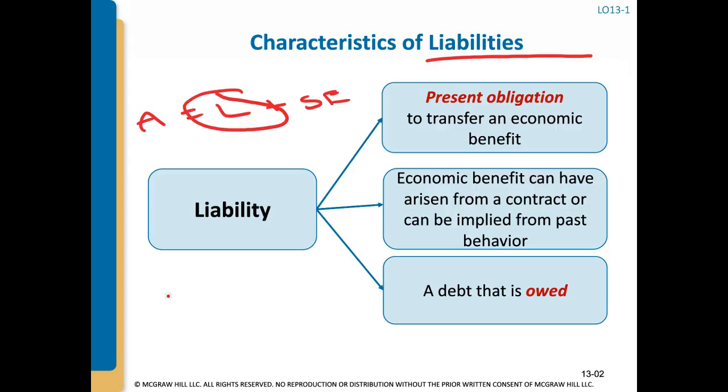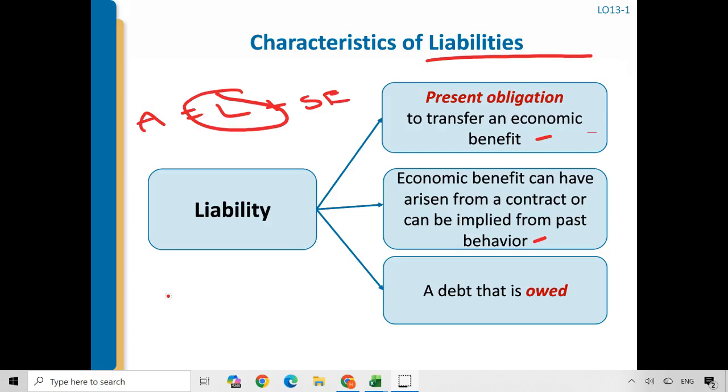A liability is a present obligation to transfer an economic benefit. The economic benefit can be derived from a contract or from past behavior. And it's basically we owe money or some sort of an asset to